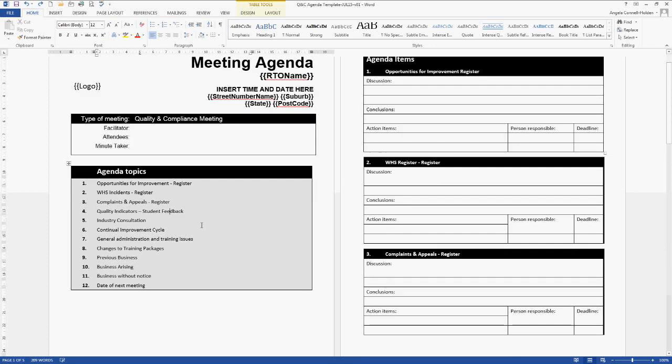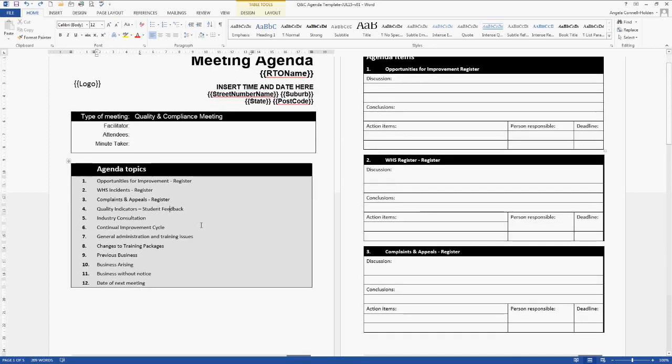Okay, so we've got this agenda. We highly recommend that you just start using the agenda straight away. Now, if you're an existing RTO, which we do have someone on there at the moment, I'd recommend you adjust this agenda so that it actually meets your organisation's requirements, because once you get up and going, you'll know there'll be other things that you'll want to add to your minutes as a regular meeting.